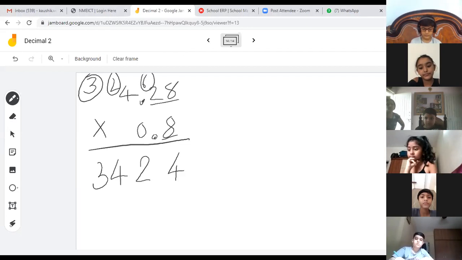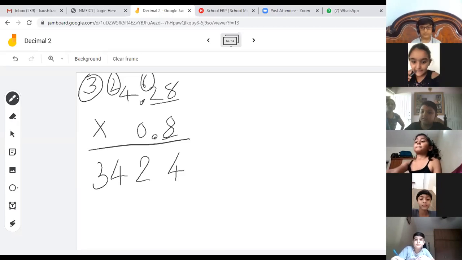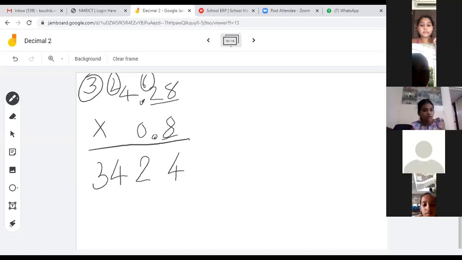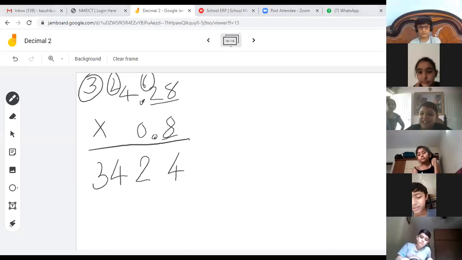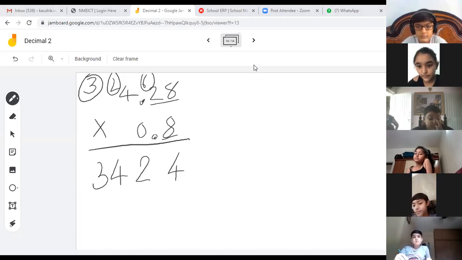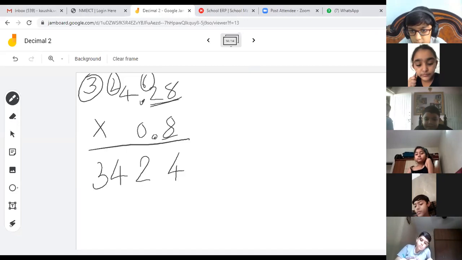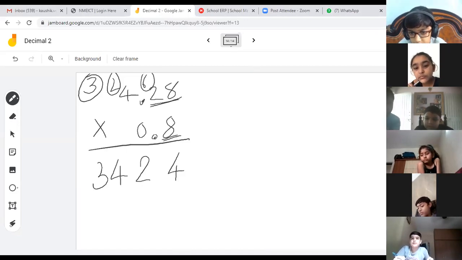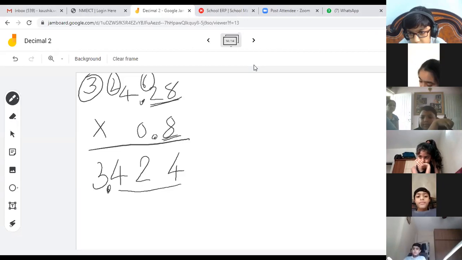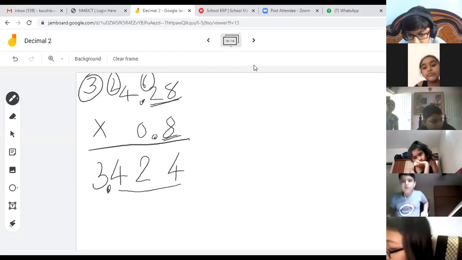Rishi, are you with me? Good. There are 3. Shanvi, Siddhi, getting it? Why didn't you do 2 in the first? We will take that question. Total digits 3, 1, 2 and 3. 2 here, 1 here. So total 3. So 1, 2 and 3. The answer is here. Easy. All you have to do is do the multiplication as such and count the digits after the decimal point.